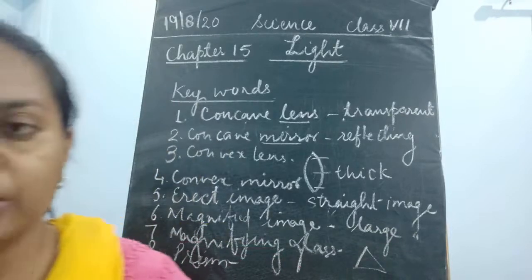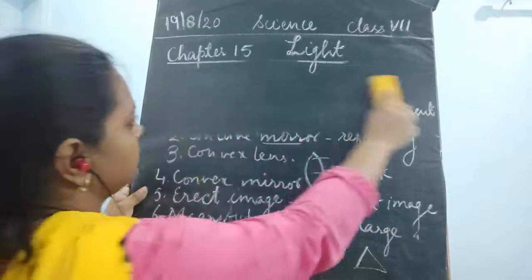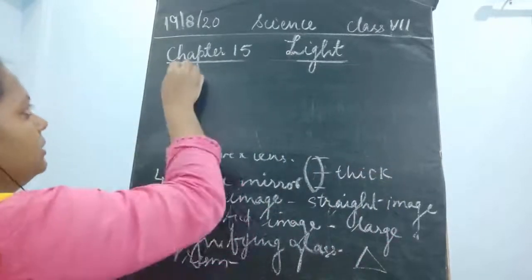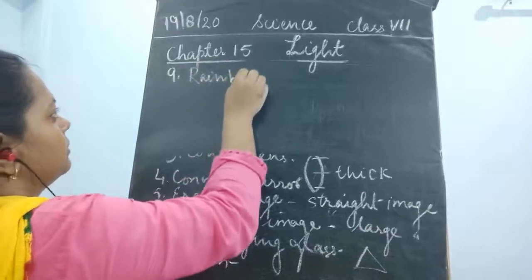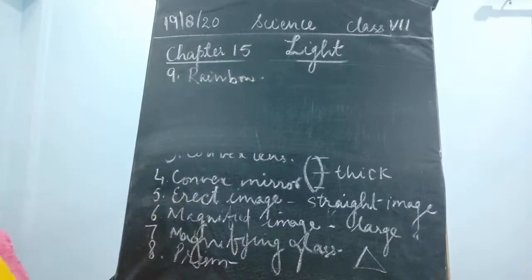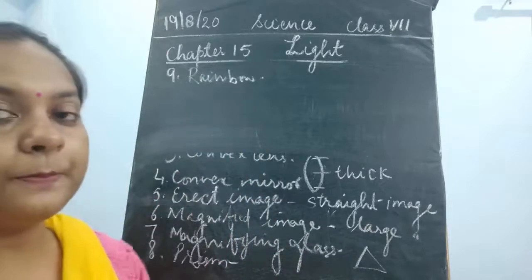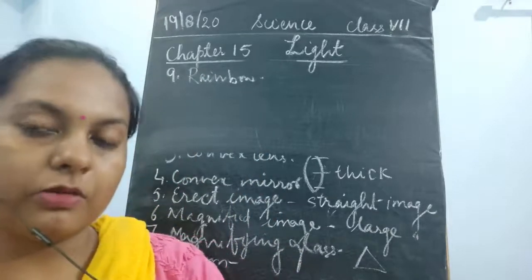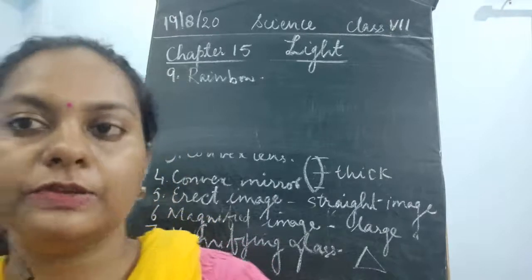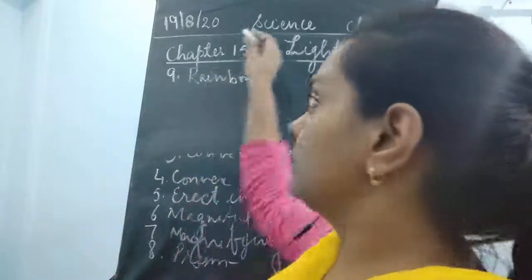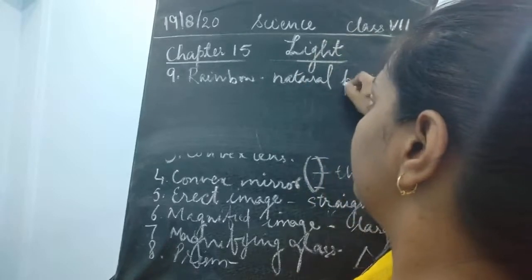Now the next word is rainbow. What do you mean by this word? What is a rainbow? This rainbow is a natural phenomenon because of which the light is getting dispersed into 7 colors. It is a natural phenomenon, or a process,